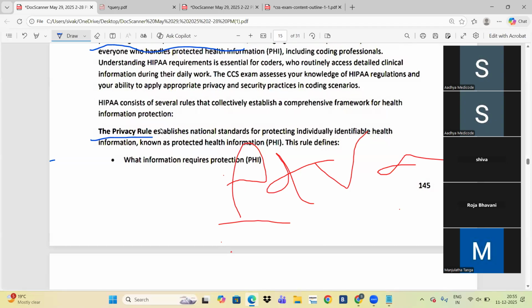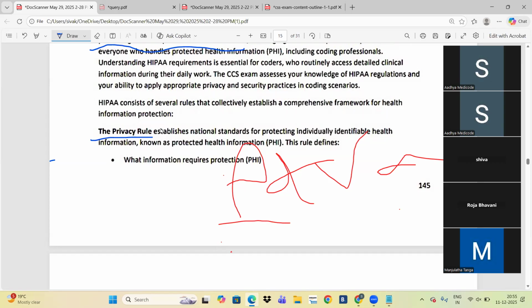Individually identifiable means person to person. Each person's health information will be protected.